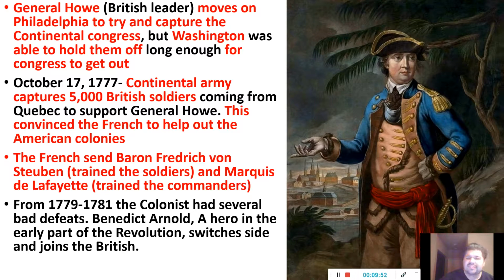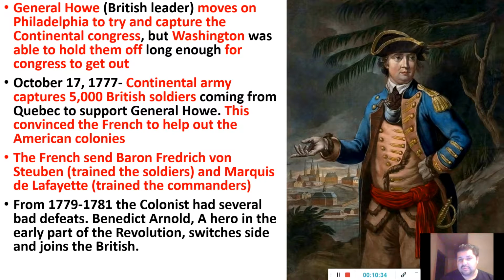Now, because the French are there doesn't necessarily mean that we are winning battles. We are, but we're also losing more than we're winning. So it gets to the point where the colonists are losing. It looks pretty bad for us. And one of our early American Revolutionary heroes, Benedict Arnold, he decides, you know what? The colonies are going to lose. Those people who support the independence, they're going to get killed. They're going to be executed for treason and stuff like that. He goes, I don't want that for me. So he switches sides and he joins the British.